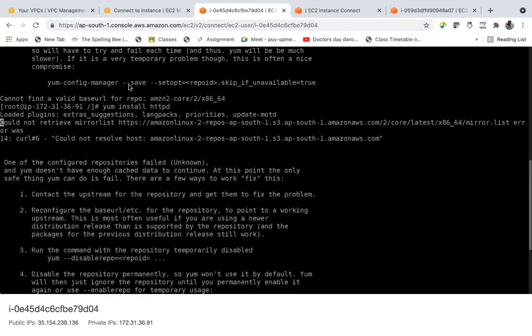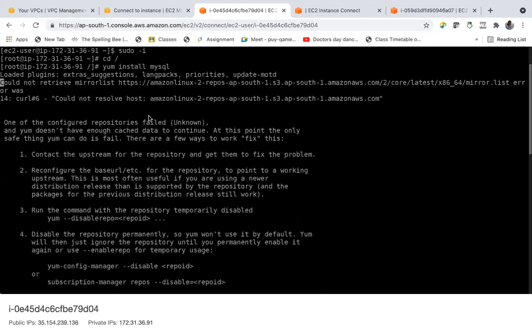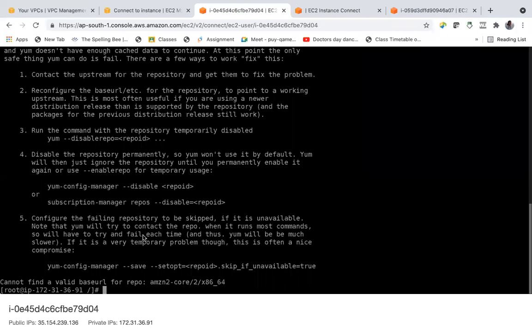So you have to install MySQL. Steps are simple. After making those two changes, adding in the security group, you have to run yum install MySQL and then connect. Say mysql. Anyway, it will not work, as I have not installed the MySQL package. After installing the MySQL package, give the host name.